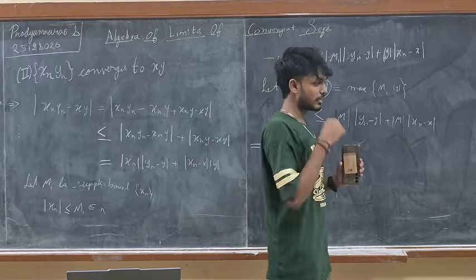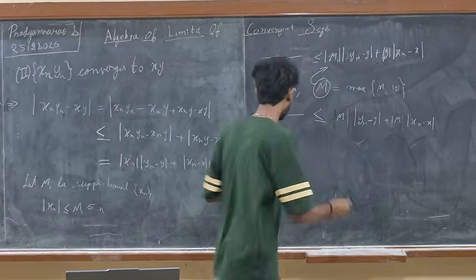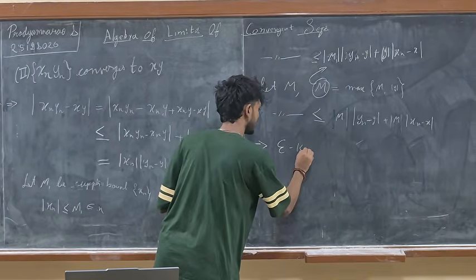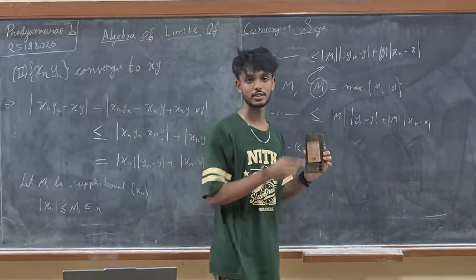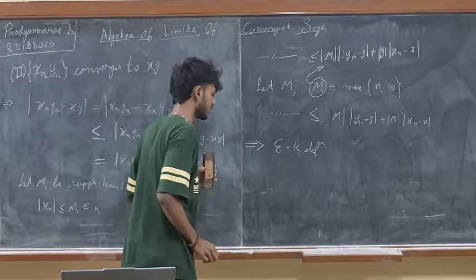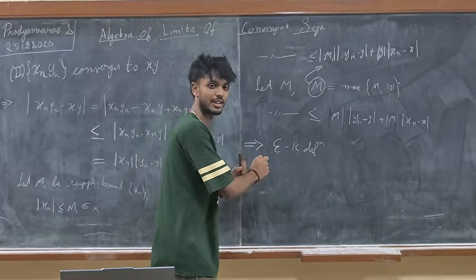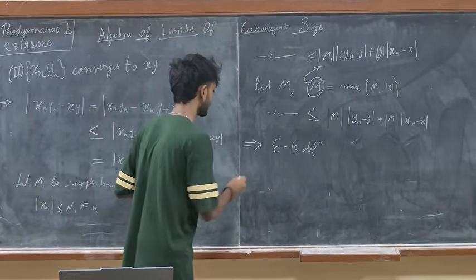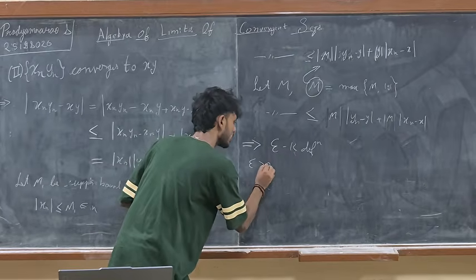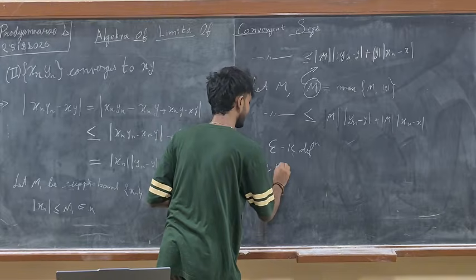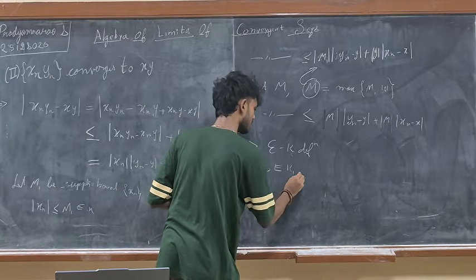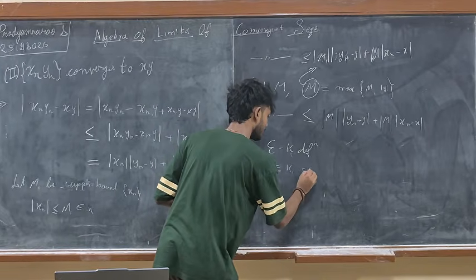So after this, we'll be using the epsilon k definition. It's sometimes called the epsilon n definition. It doesn't matter. Let's take it as epsilon k. I won't write the entire definition over here. I'll be writing that for any positive epsilon, there exists a k1 such that